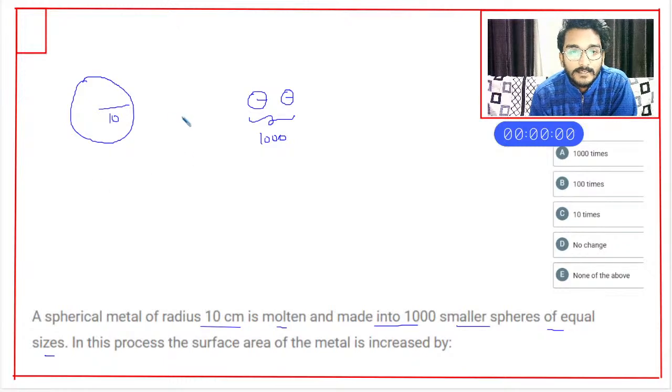So let's just balance the volume here. Whenever there is a molten state, you have to balance the volume. So 4 upon 3 pi r cube is equal to 4 over 3 pi, and the radius, let's assume it is small r, and there are 1,000 balls. So when you balance it,